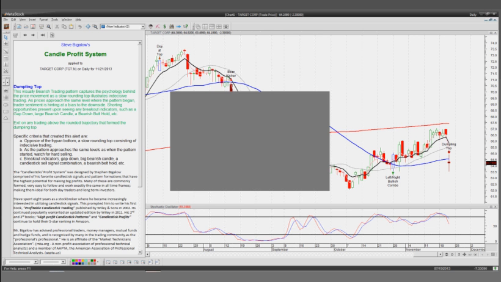So I've got the scanner right here, and we've got those same scans that are ready to go. I've got my Doji Dynamites right here, which will find your Doji at the top, your Doji best friend. This one will find your J-hook patterns. This one will find your power signals, and this will find your price patterns. The way you run this is I select the scan that I want to run. You could run all four of them at the same time.